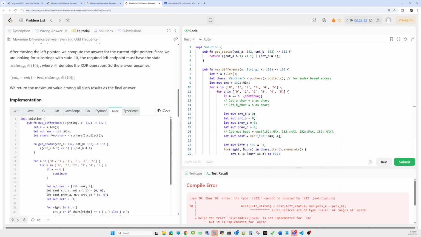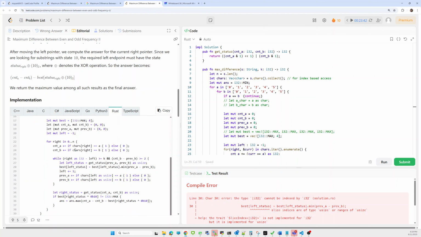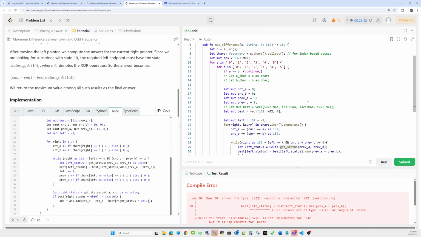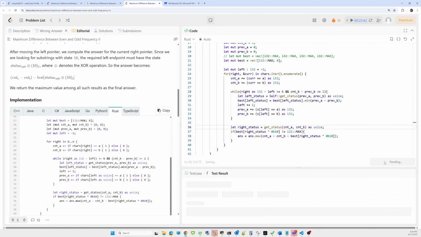Okay, let's see what they are returning. They are also returning i32. Why is it giving this? How are they getting left status as usize? Okay, they are already given now. That is taking it as a usize. Oh, wait. If I take it as a usize, it will be left status. Here also right status, consider as a usize. Means we have to do typecasting, proper typecasting.